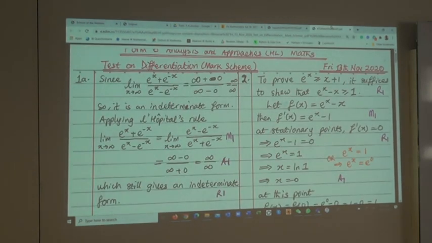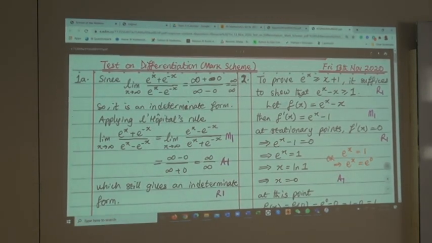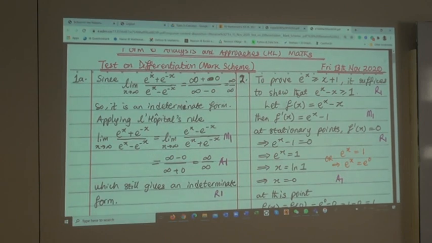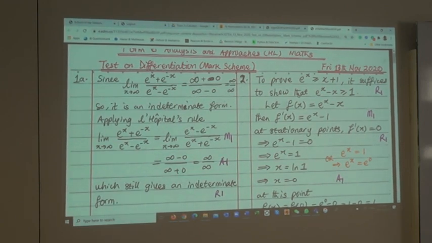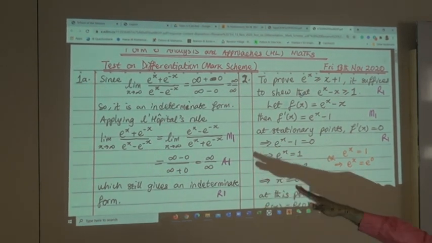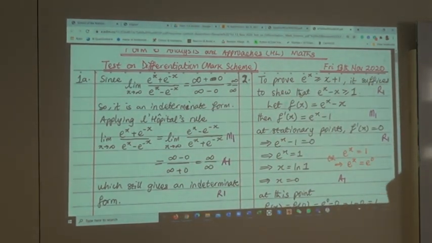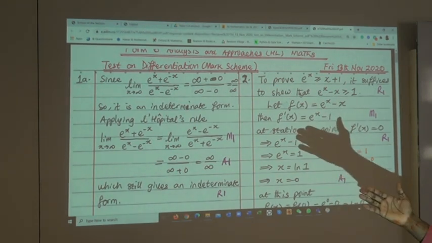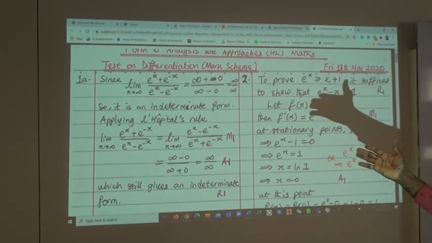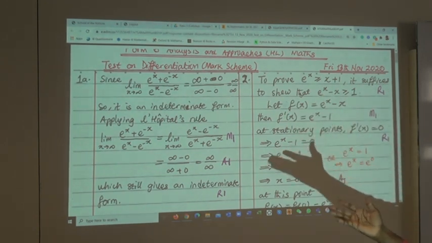So, of course, you can write it in different ways. You don't have to write word for word what I've written. What I've done is, if I'm to apply L'Hopital's rule, this part, of course, I didn't allocate any point. But before you can apply L'Hopital's rule, you tell us why you're applying it, isn't it? You apply L'Hopital's rule the moment you get an indeterminate form. So I started by saying, because the limit of this gives an indeterminate form, now I'm going to apply L'Hopital's